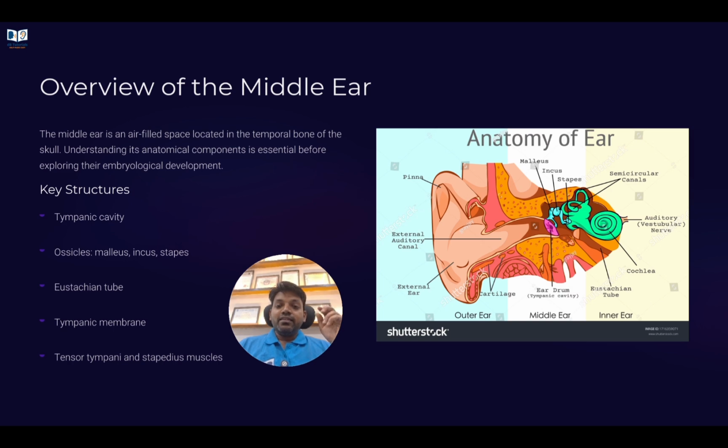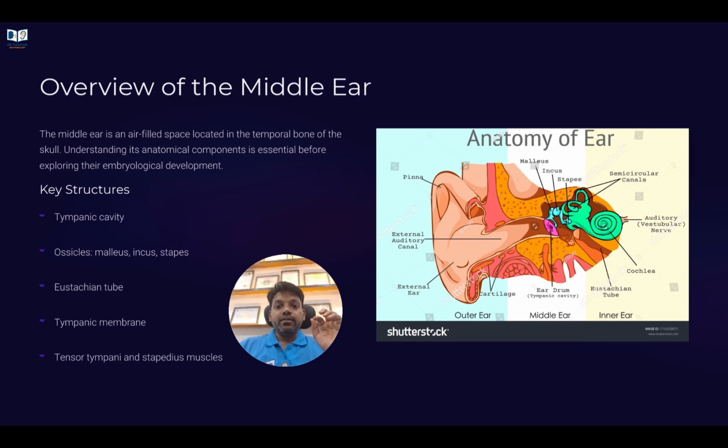Okay, ये unfortunately क्या है कि actually we should have studied anatomy in detail first and then we would have gone into embryology. That is the right way of, I think, studying this. But यहाँ पे the syllabus is structured in such a way that first you have to understand embryology. Now to understand embryology you have to understand anatomy. ठीक है, so middle ear anatomy is one of the complex